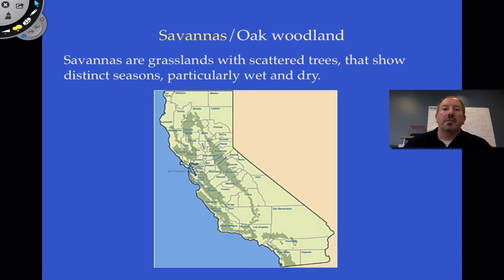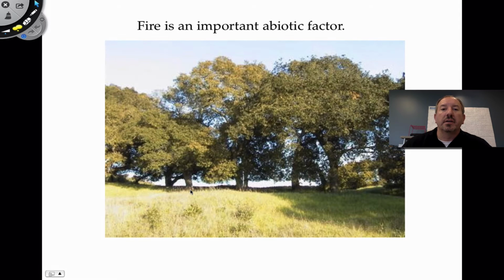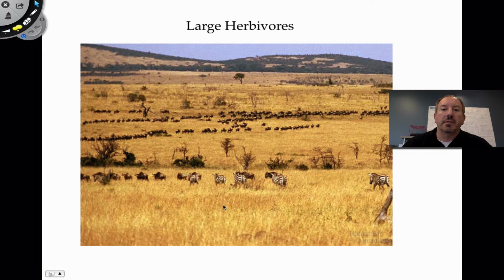And so there's distinctive seasons. There's a wet season and a dry season. And this is particularly critical when you consider savannas in Africa. It's really pronounced. Here's a picture of the savanna, so grassland and a scattering of trees. So I want to consider wet season, dry season, and fire. These are the big issues.